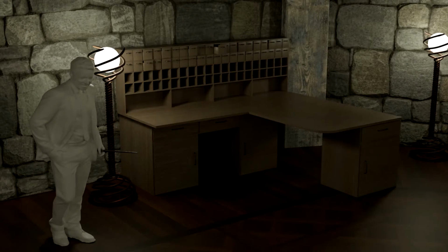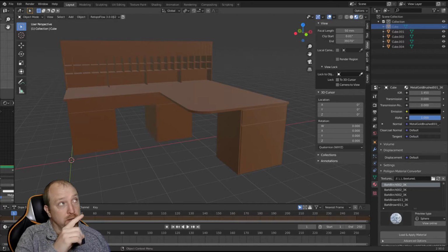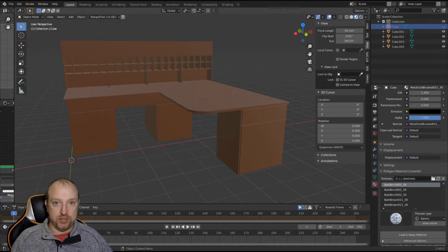We're going to texture this desk today, and to do so, I'm going to use Poliigon texturing. I'm going to have a video up here with a link. That link will show you where I go to get my textures, what textures I'm choosing, how to apply these, and how to get the program to apply these textures. It's going to show you how to make the textures look dirty, scratched. I'm going to show you all of that in this video,